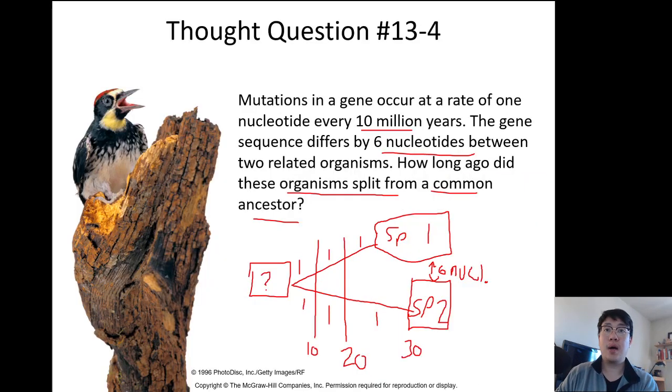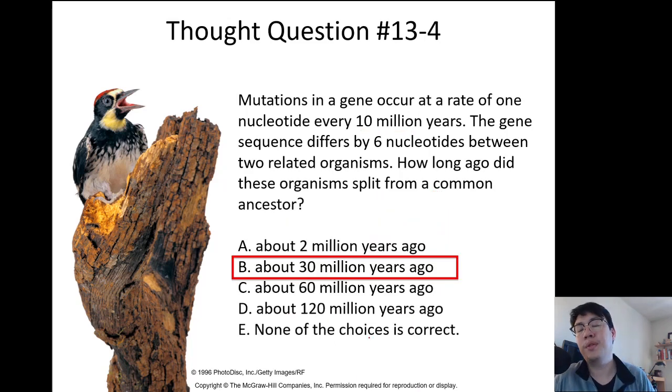Okay, so hence why if we have 6 nucleotides, 3 are going to be mutated in SP1, and 3 is going to be mutated in SP2. Okay, so always, however many different organisms you have, split them off into their different pathways. If there's 3 organisms that we're comparing to, then do 3 pathways and just draw a line through all pathways to represent how many mutations occur. Again, how I drew a line is right here. Boom. That's why this is 10. I drew a line. 1 1 1 1 1 1, 6 total. Okay, so about 30 million years ago.